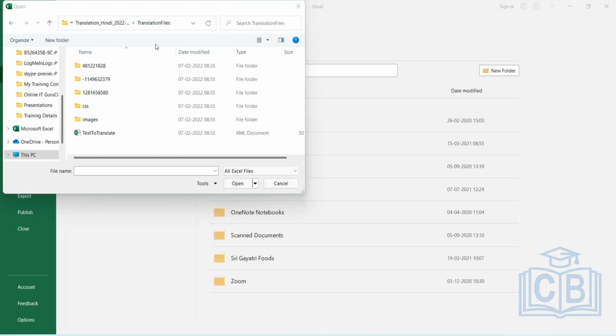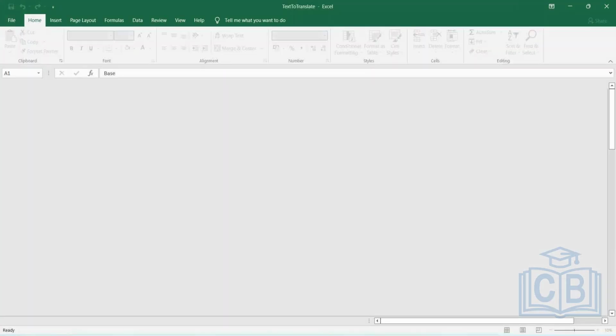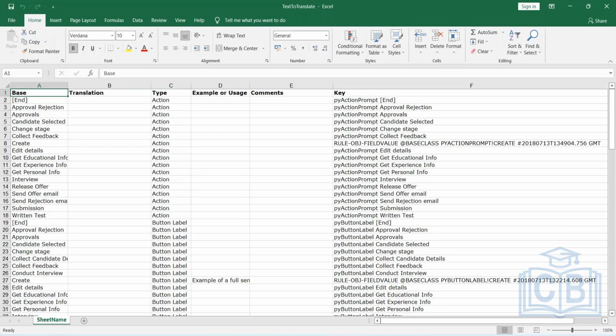Yeah, I'm just trying to open a normal Excel sheet, and from that I'm trying to open this text to translate. Okay, yes. So this is how you can see the text to translate file, where you can see these entities,